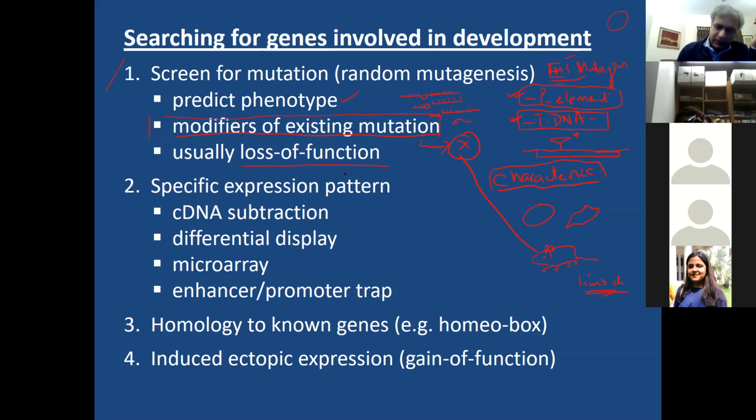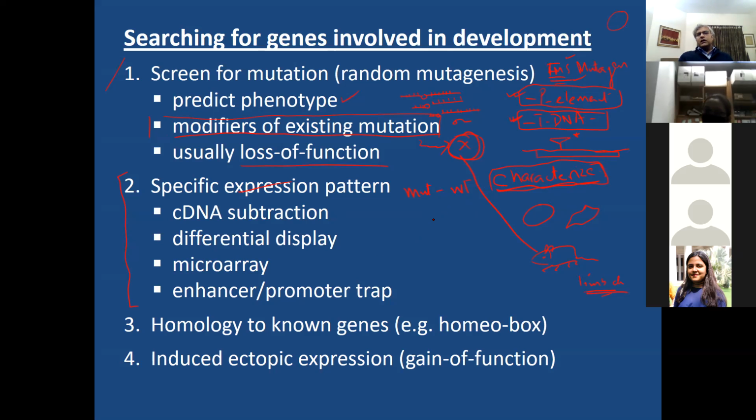This is one approach. Then let's look at some molecular experiments. The molecular experiments are actually the ones which can be done on the mutants you have discovered already. For example, a specific expression pattern. You have your mutant and you have wild type. Now, in order to understand and characterize the function of gene X we have discovered,